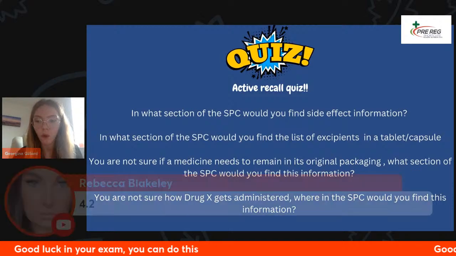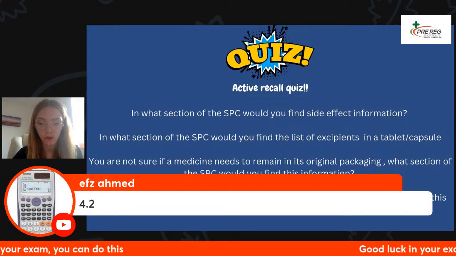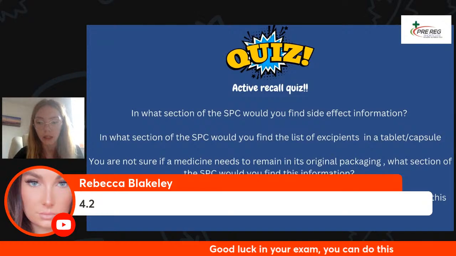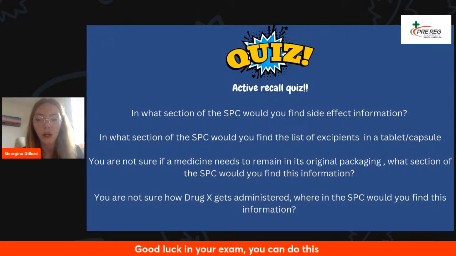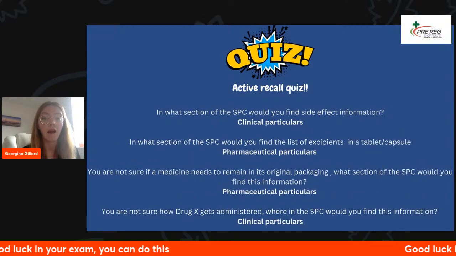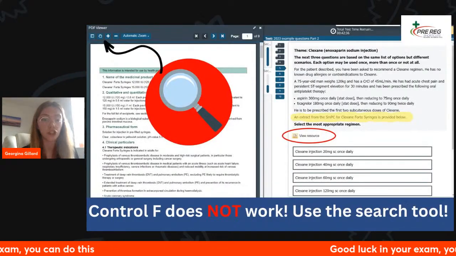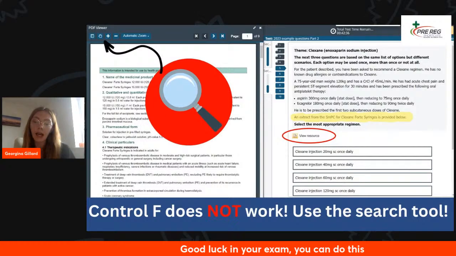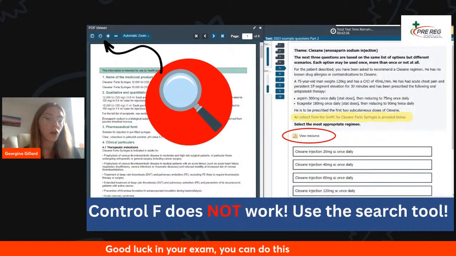Okay, yeah, so you've got 4.2s. Yeah, it's going to be under your clinical particulars, under posology and method of administration. Fantastic, guys. So, most important thing here, guys, okay, if you don't want to go through it by